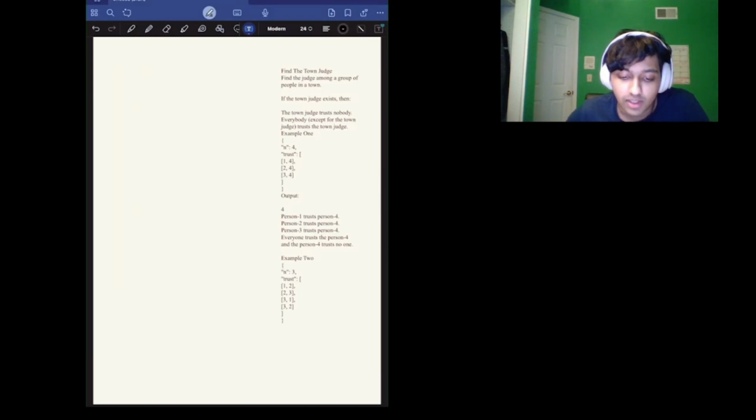Example 1, it takes two parameters. One is n, which is 4, and one is trust, which is going to be a list of lists. In that list of lists, it goes from 1 to 4, 2 to 4, 3 to 4, and the output would be 4. The reason for this is what the list represents. As you can see here, person 1 trusts person 4, person 2 trusts person 4, person 3 trusts person 4, but person 4 isn't even mentioned in the first value of the list, so they trust no